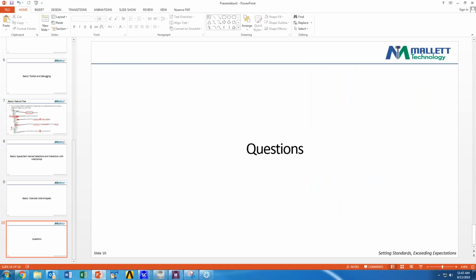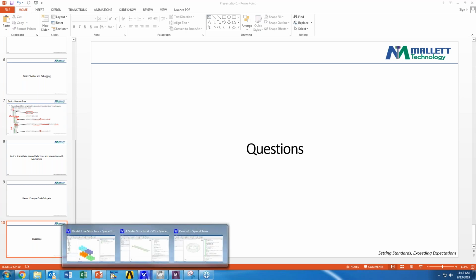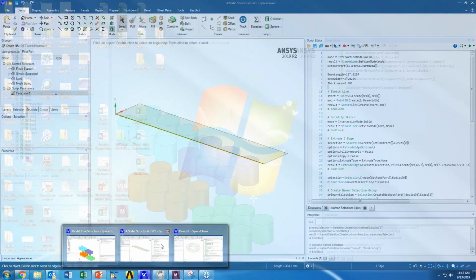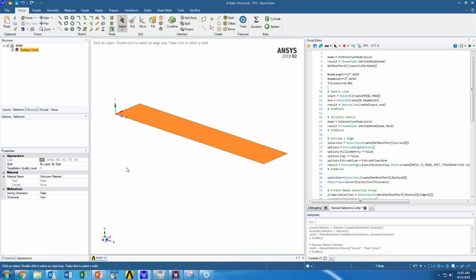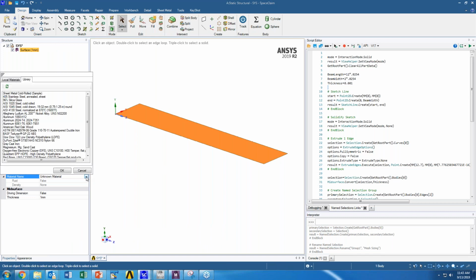Okay, and then we have a second question. Is it possible to automate the material assignment and mechanical with or without APDL? I would say APDL. The long and short of it is yes, it is possible. If I was to try to do it initially and I really just wanted to get it to work easily without any issue, one option you do have is to, for a given body in SpaceClaim, define material properties. However, that has to be fully defined to link with mechanical successfully. So that'd be one thing to check.